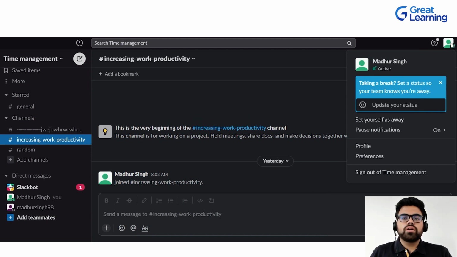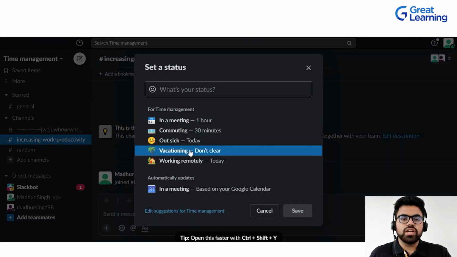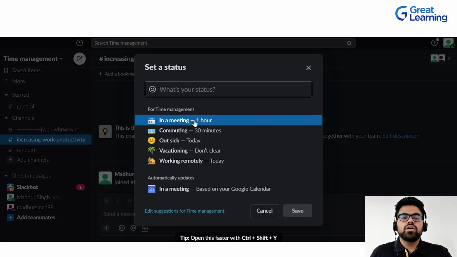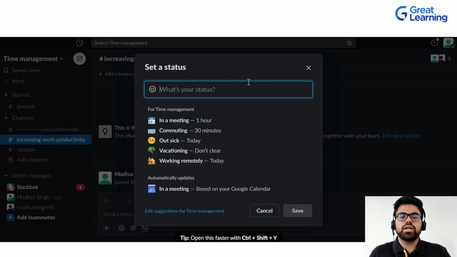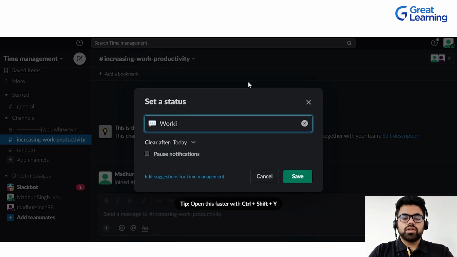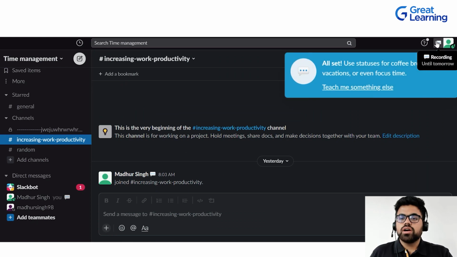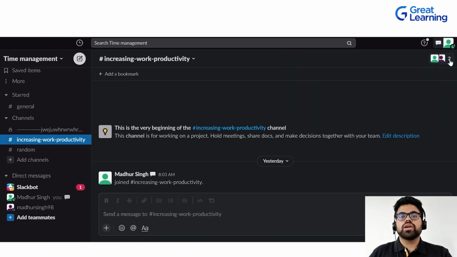Apart from it, since you're working in an organization and you're working remotely, you would have to update your profile status, right? If you are on leave, you can put up vacation or sick leave, in a meeting, or on your way to work. So you can put all these things in setting a status of what you are currently working on. You can put a custom status, like working, or I can just say recording, right? So these things can be saved. It would appear to the people in your organization that you are recording something, right? So this is how it works.